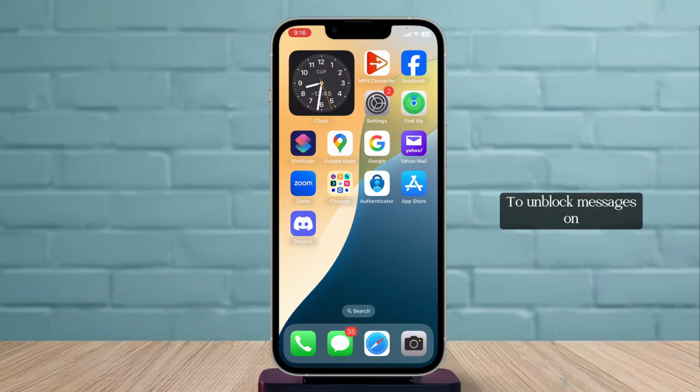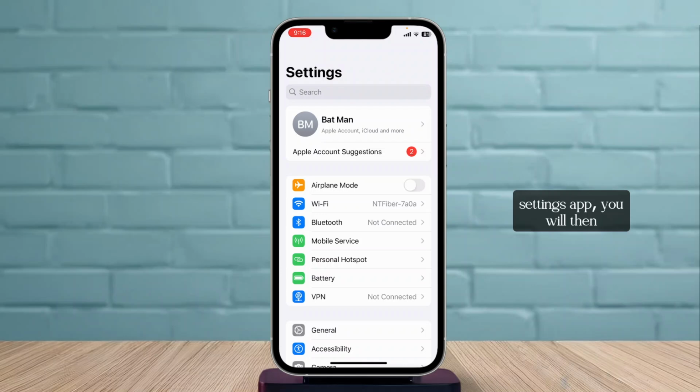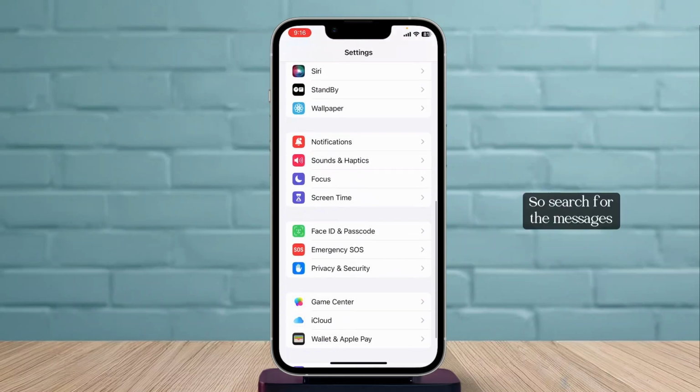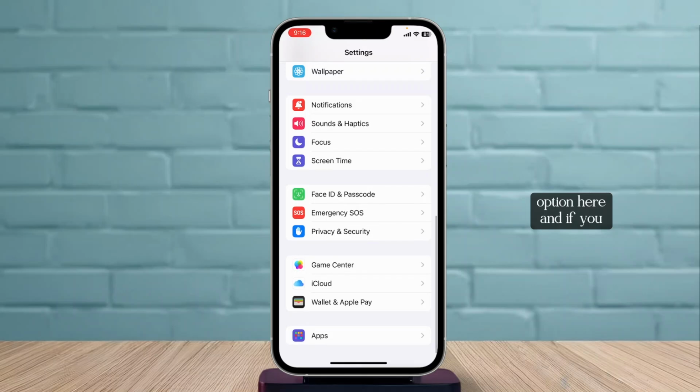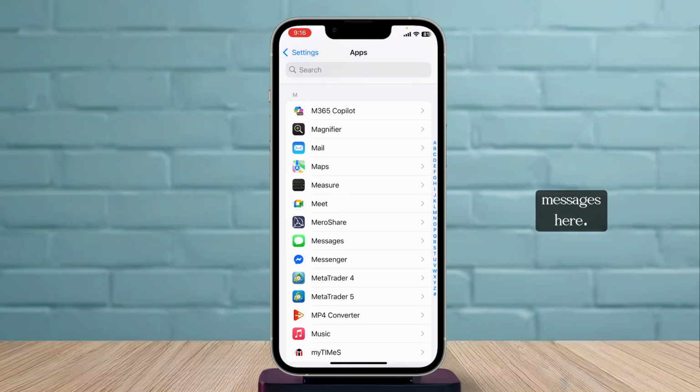To unblock messages on iPhone, first you'll need to open up the Settings app. So locate your Settings app and then open it up. After you open up your Settings app, you will then need to go to your Messages. So search for the Messages option here, and if you don't find it, tap on the Apps option at the bottom, then search for Messages here. After you locate the Messages, open it up,